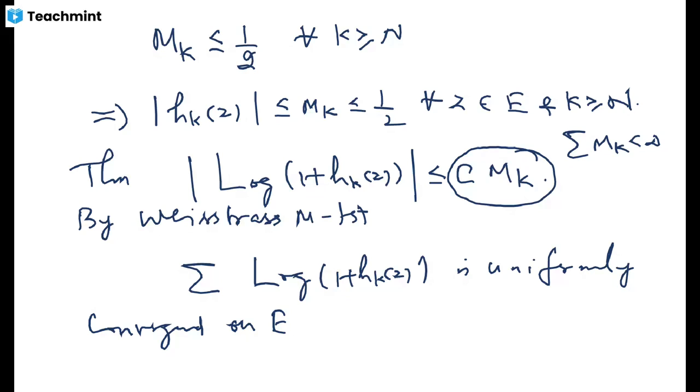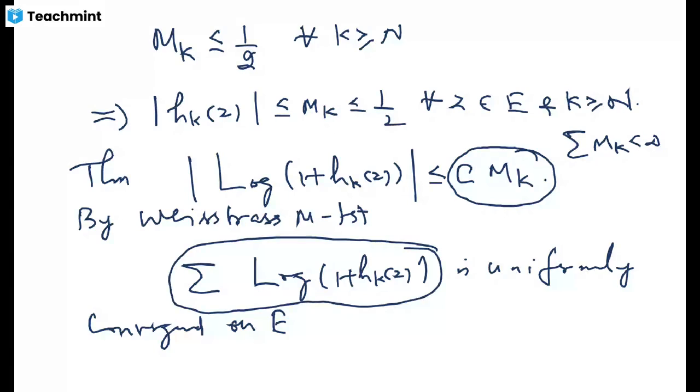What we are going to do now is take the exponential of this series. If you compose it with the exponential function, the exponential function is a well-behaved function, so it will not disturb the uniform convergence. So this means that